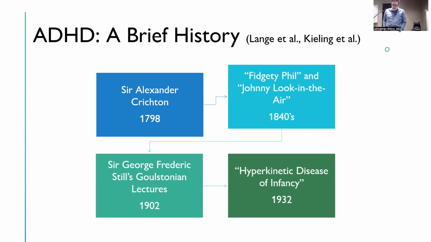He said of these patients that the incapacity renders them incapable of attending with constancy to any one object of education, that the symptoms become evident at a very, very early period of life, and that they generally diminish with age. So you might recognize that a lot of what's described there is characteristic of how we think about ADHD even today, right? That symptoms often start at a very young age, that they affect individuals in their schooling and education, and that generally symptoms tend to improve with age. So even as far back as 1798, there were patients who were demonstrating symptoms consistent with what we think about as ADHD today.